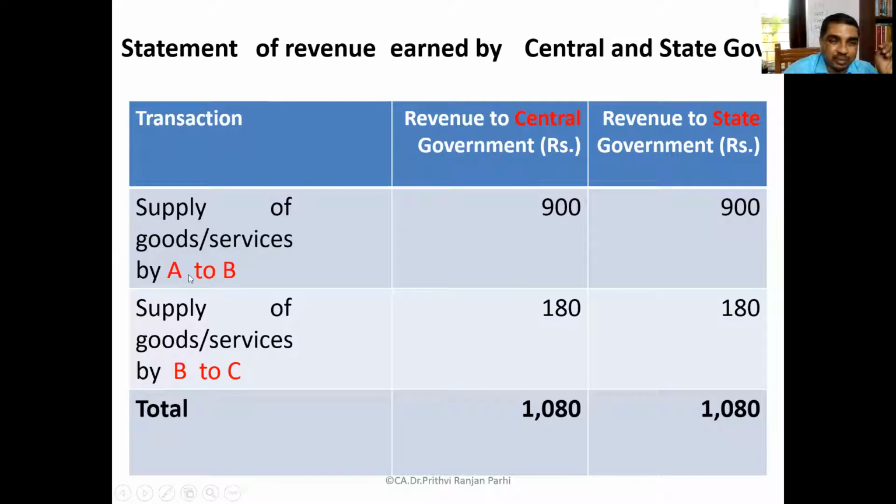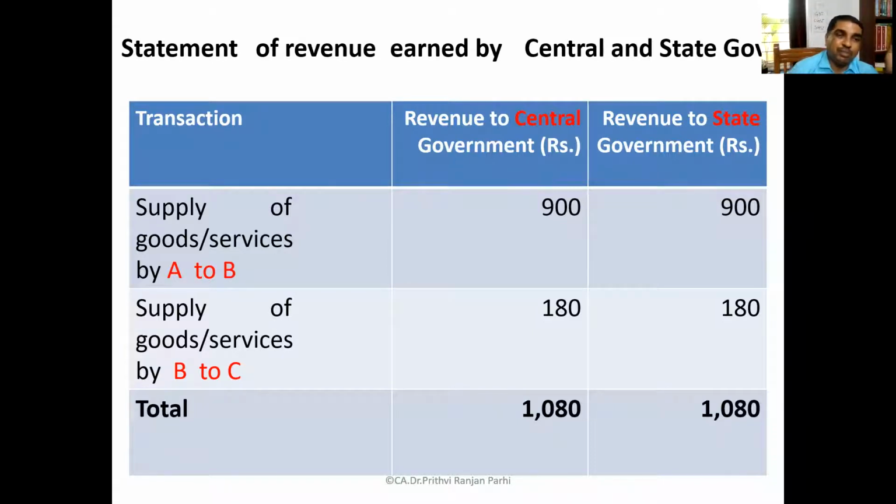When there is a supply by A to B, how much was central getting and how much was state getting? First supply, A to B, interstate transaction, the taxable value was 10,000 rupees. How much money was central getting, how much was state getting in that transaction? B has deposited that money. How much? 900. At the next stage, when it is sold B to C,